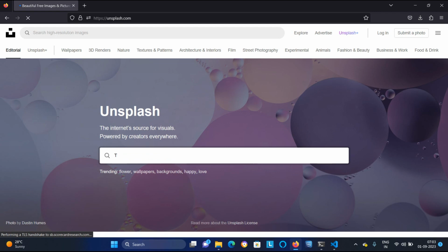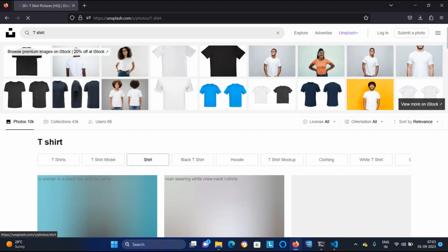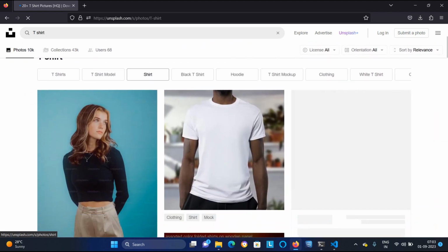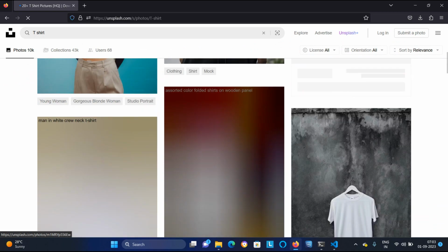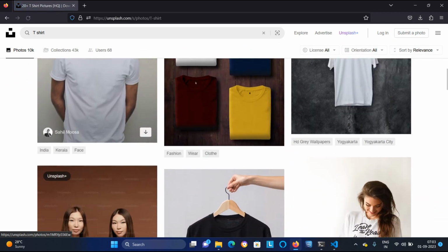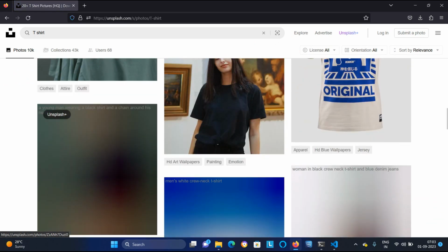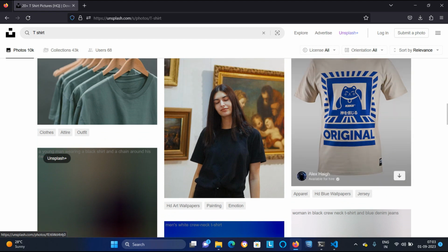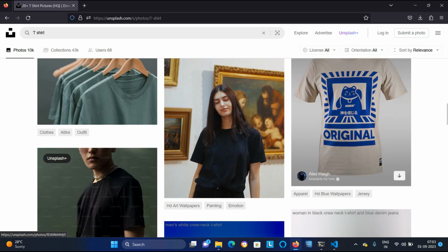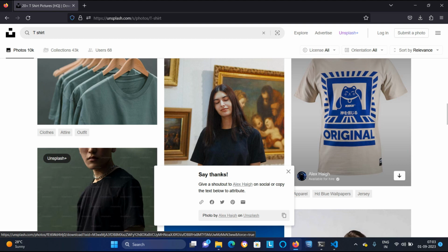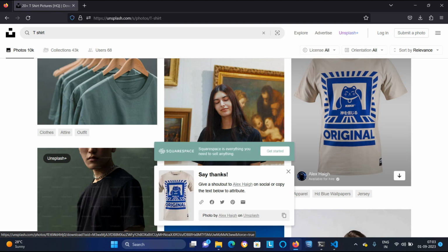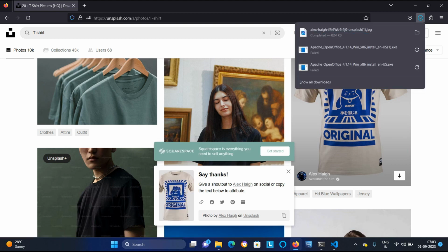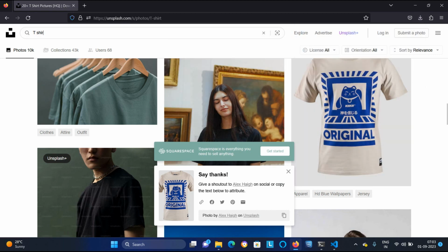Suppose I am searching for t-shirt, and here you will look, the t-shirt options will come, and you can select any t-shirt. This one will be okay. So download this. At the bottom you will get the option of downloading it, an arrow, so it will get downloaded.